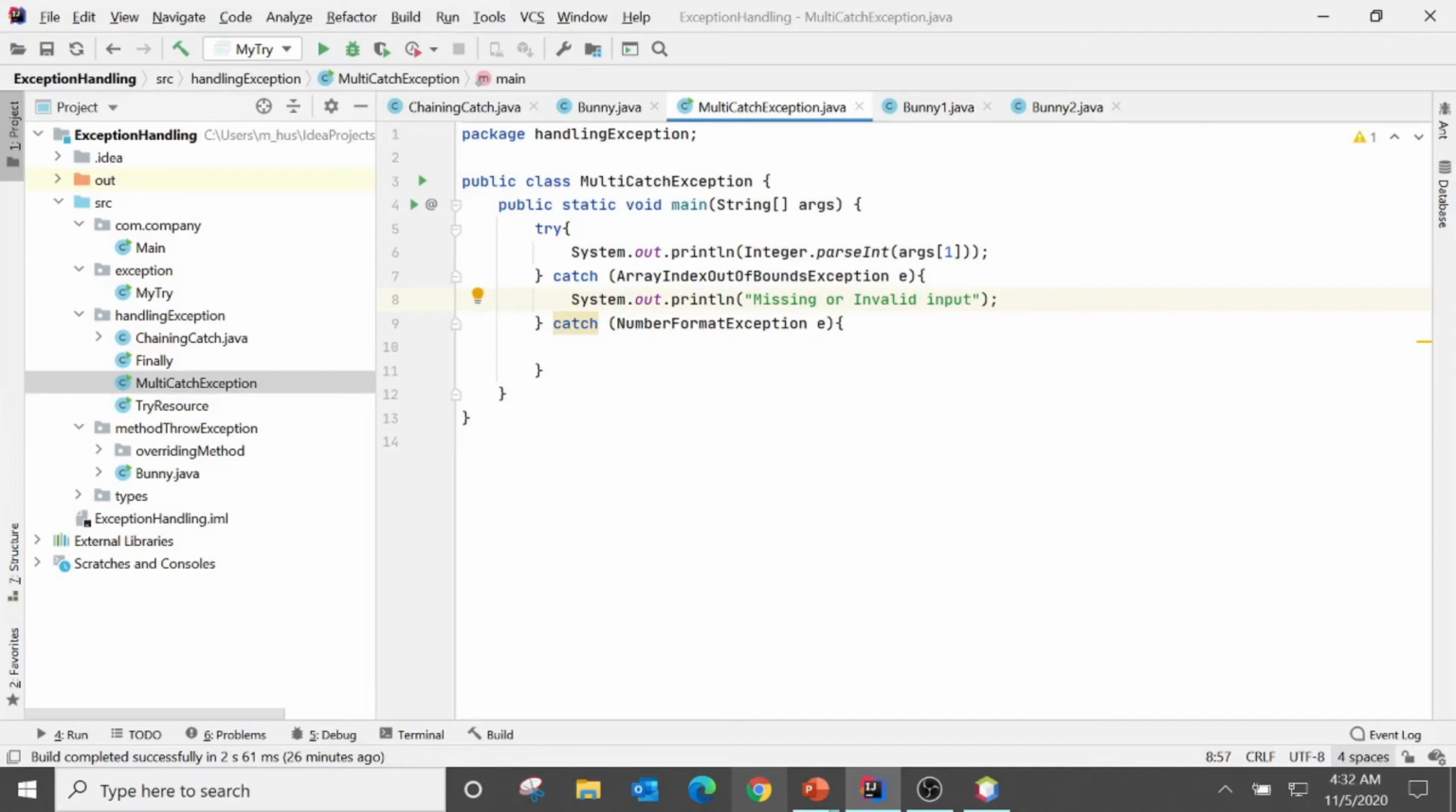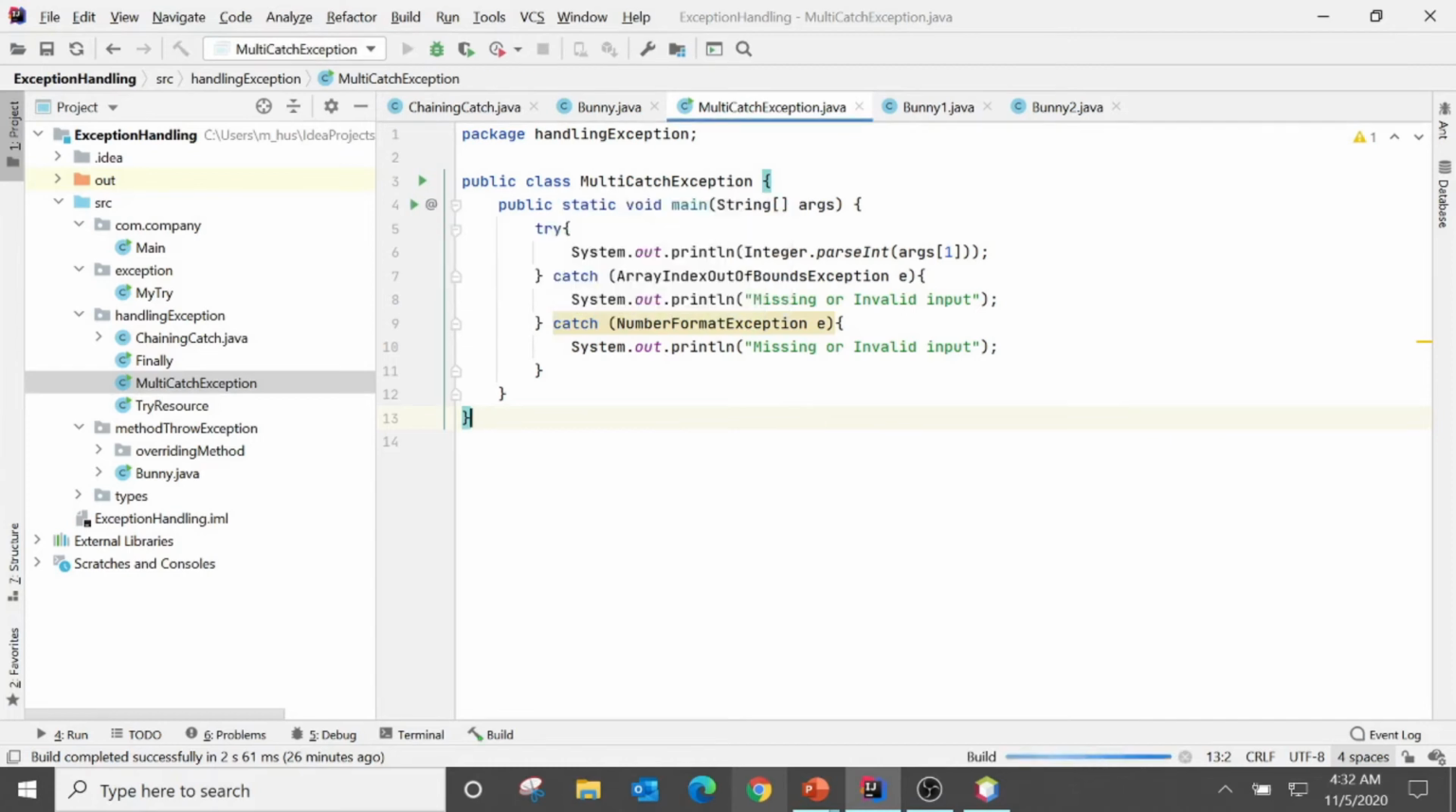And it is the same over here, so you can see that both errors print out the same. Let's run this program. Okay,